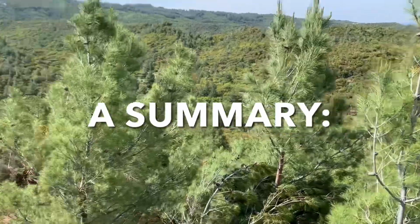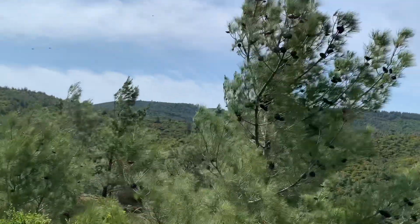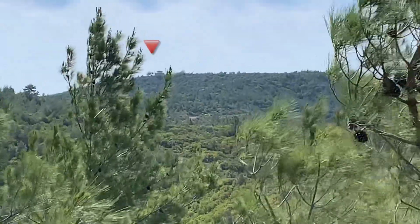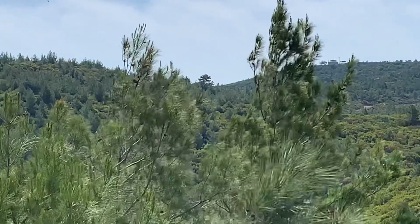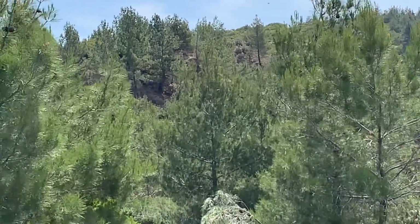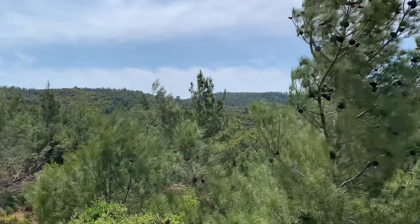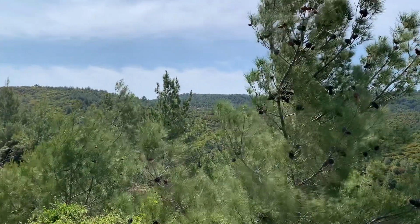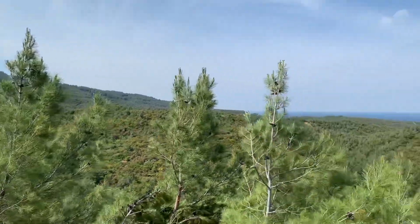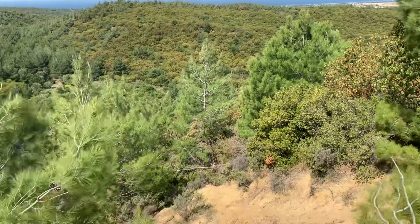So Hill 971's behind me. It's just out of view behind that tree, but I'll show it to you. There's the fire tower on Hill 971 up there, centre screen. That's where the Australians were going via a track that ran up this spur line, Abdul Rahman Bair spur line behind me. And the Australians were trying to get up onto the spur line to run up to Hill 971 to take the high ground so they could command the Dardanelles with guns. So they were a long way from Hill 971 when they got fairly well massacred over there down in Asmadir